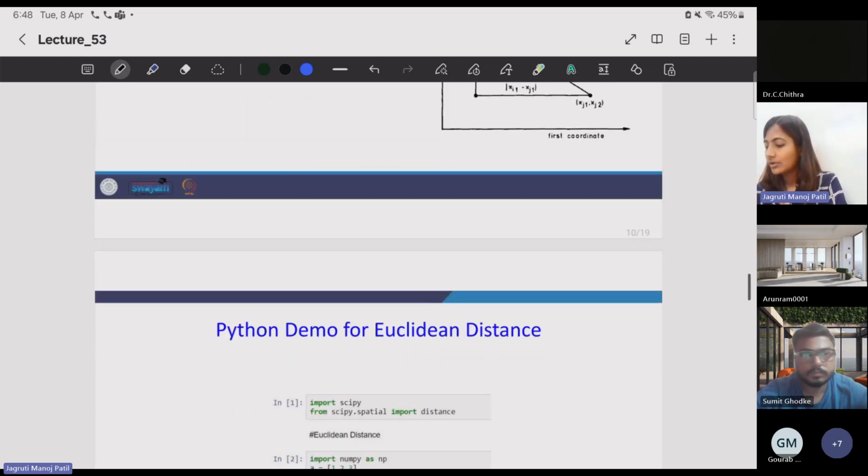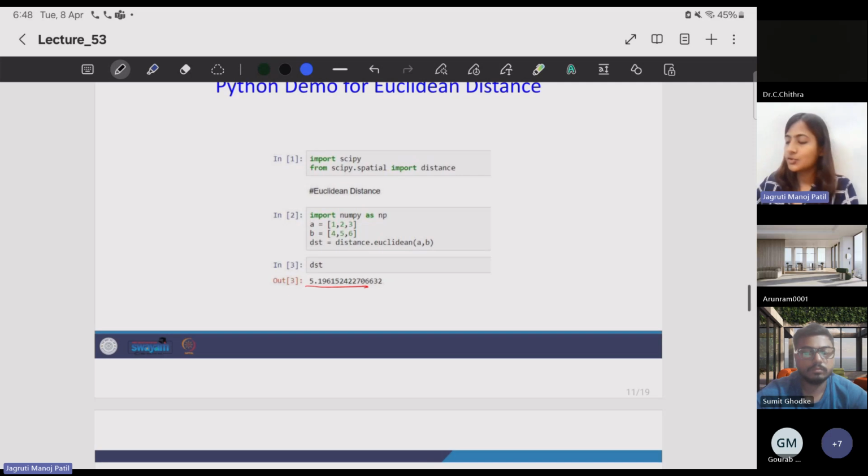Same thing, now they have computed a Euclidean distance. Now he's just showing how to compute Euclidean distance. So this we actually did with